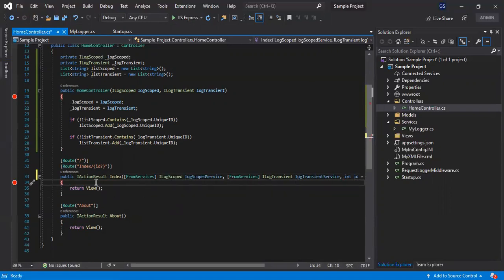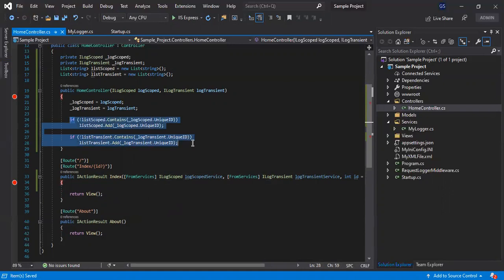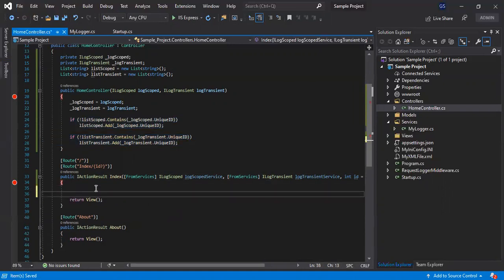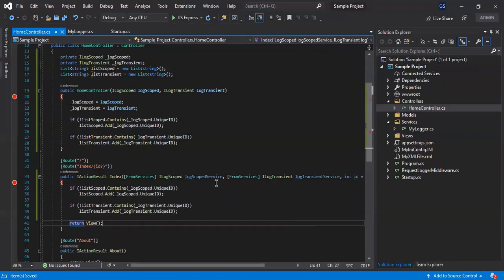To make it more clear, we'll add the GUID inside this list, because every time we are creating the GUID when the instance is created. So now let's run and see.